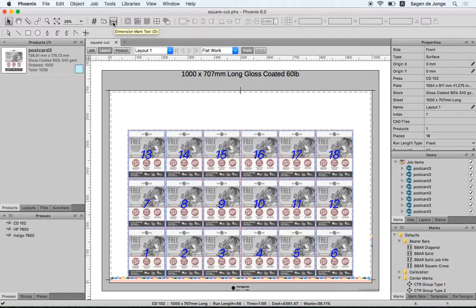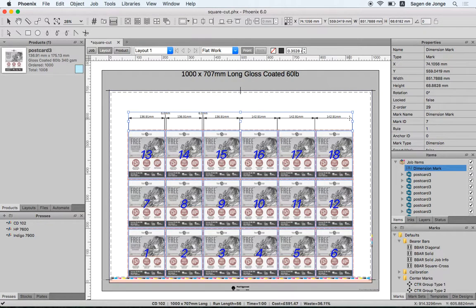So I'm going to select right here. This is the new dimension mark tool. And then as I move the mouse, you'll see highlights where it's going to snap to edges. So if I want to draw a dimension mark that's going to get all the edges of the items here, I can just click here, click on the next one here, and just keep clicking across. And as I'm going here, I'm drawing my dimension mark. If I like this, I'll just click that, and now I have a dimension mark which grabbed all of those different